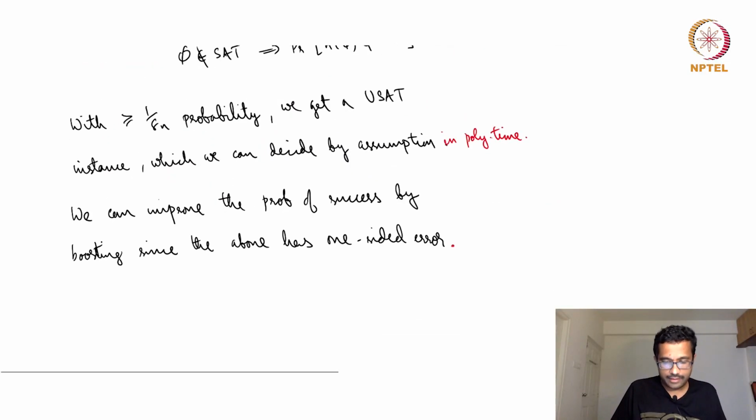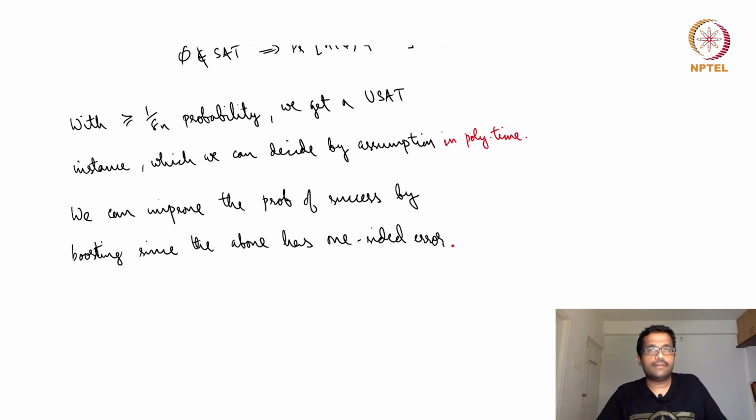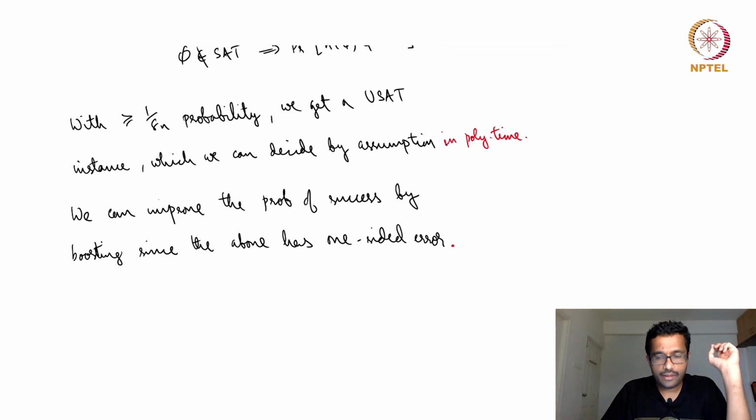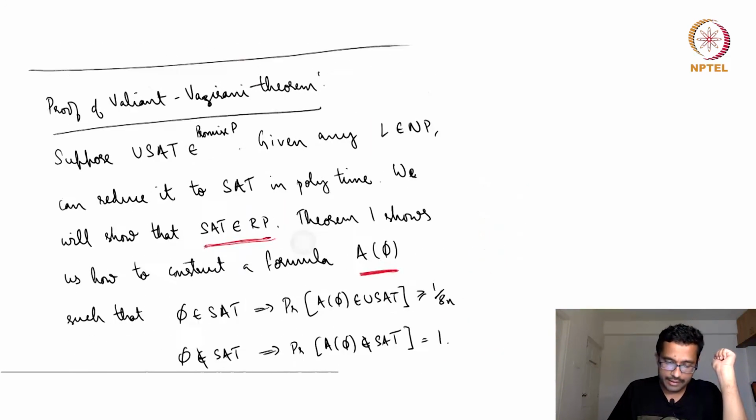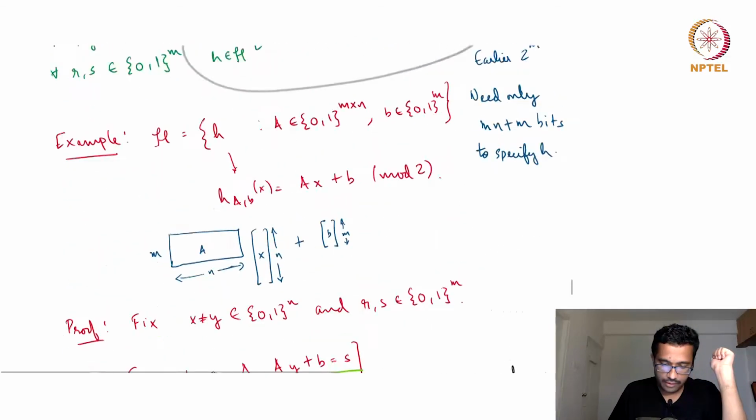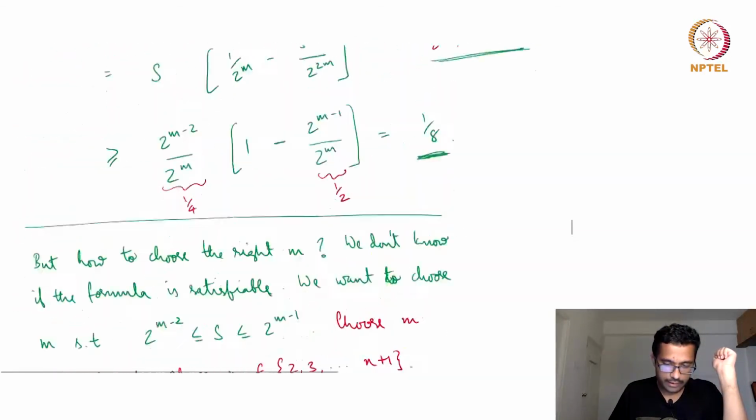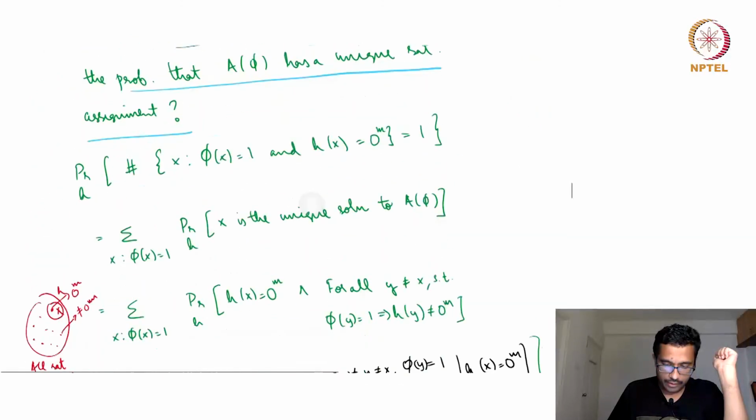It is interesting that even when you have this promise that the given formula has either 0 or 1 satisfying assignments, even then we don't expect that it has a polynomial time algorithm, right? So that is the main takeaway from this lecture. I've already summarized the proofs, and with that I think I'll conclude.